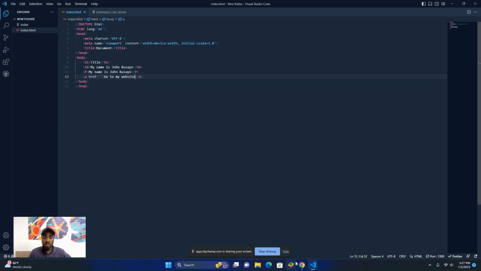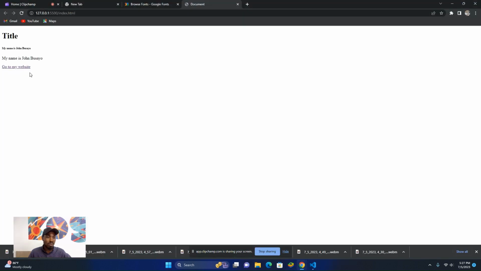If I have go to my website here, you can see now it looks like a link. Even hovering over it, I have a hand showing that something is moving from one place to another, that you want to click a link. Are you getting it? So now we've talked about the heading tag in HTML, we've talked about the P tag in HTML, and now we are actually on the